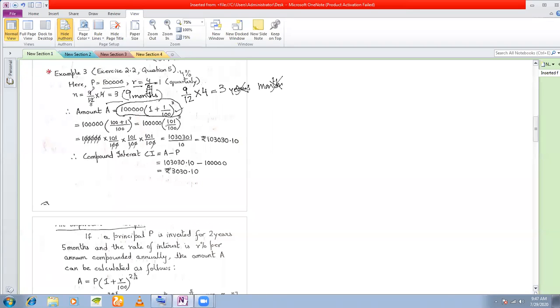Now ultimately what we get after taking LCM is 101 by 100, which is 101 by 100 repeated 3 times. So I cancel all the zeros. See, only 1 zero remains in the denominator. That is 10. 1 power of 10 remains in the denominator. So what I do is I multiply everything and shift only one place of decimal. So after multiplication, I get